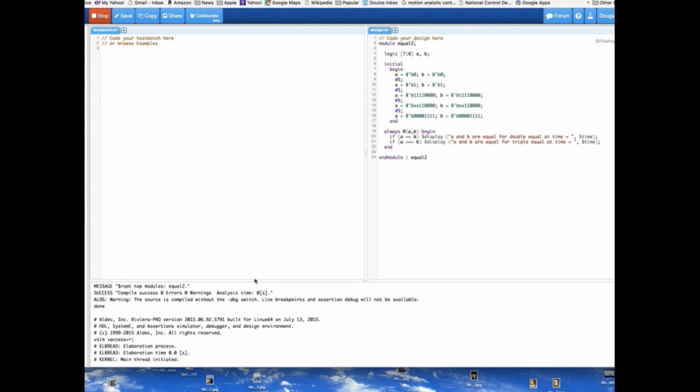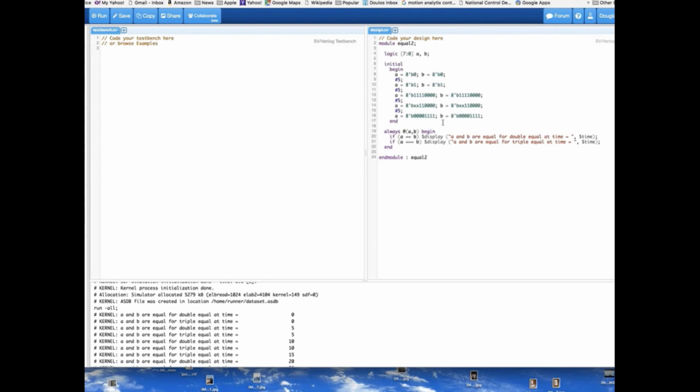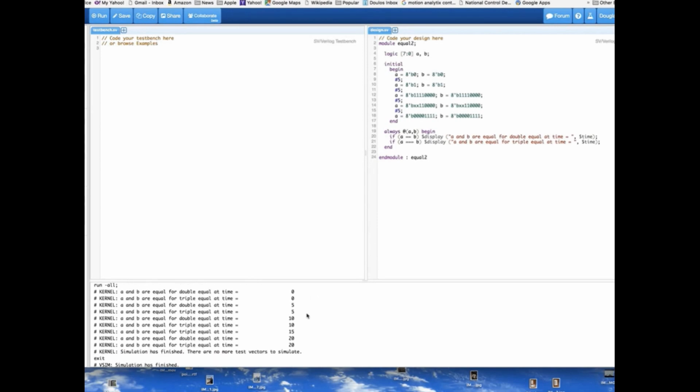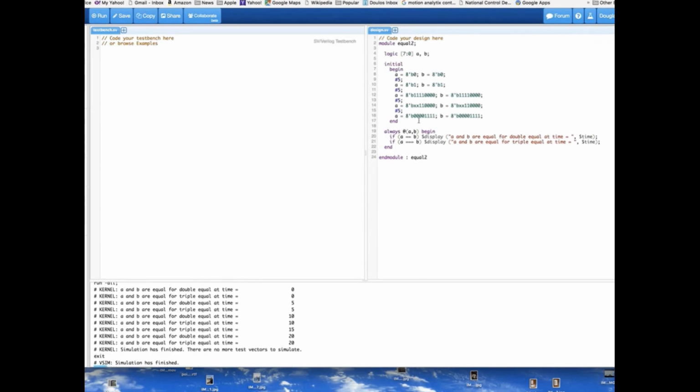what you're going to see is that where they're both equal for 0, 0, for 1, 1, that's just fine. And then for the vector compare, where they're equal, it also compares. But you can see that the one with the x's only compares on this line right here, for the one with the triple equals. It doesn't compare at all on the double equals, because the result of the comparison is actually an unknown, and so it doesn't trigger the if statement to actually do the dollar display in this case. All right, so